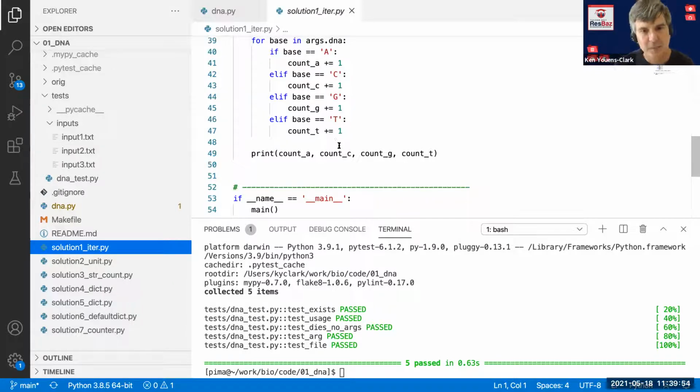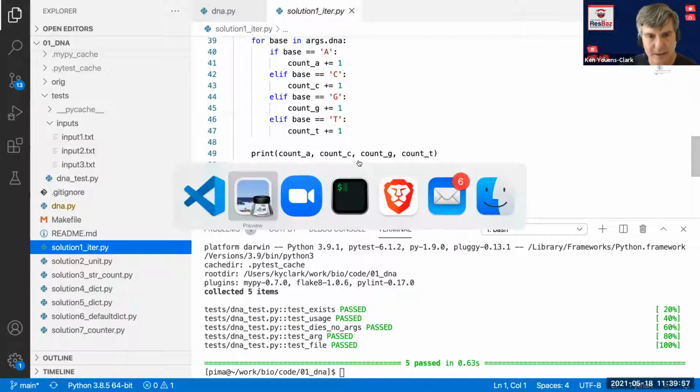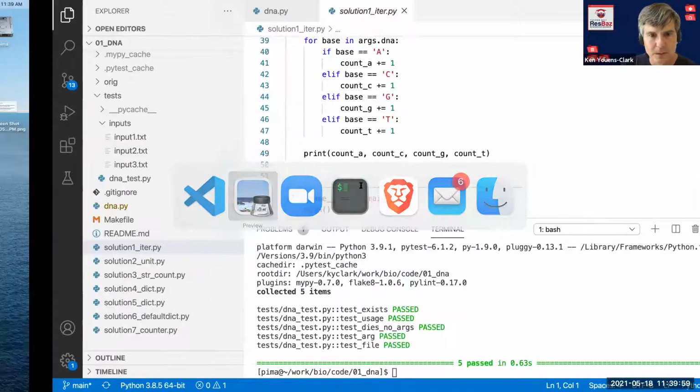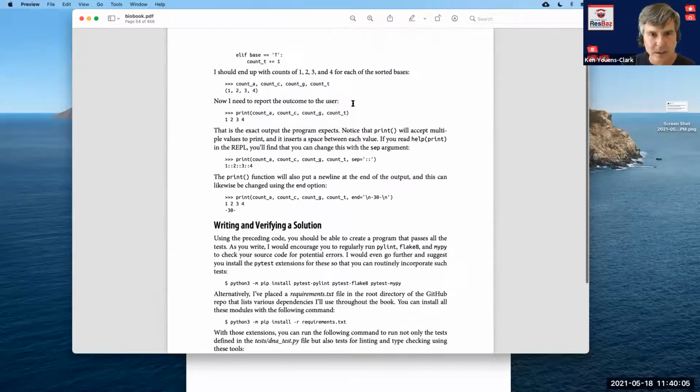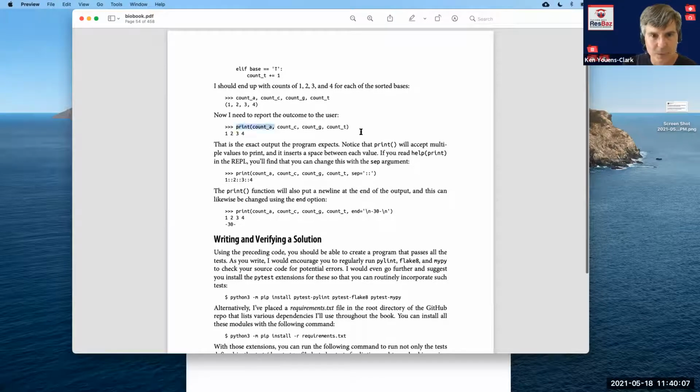Okay, so I'm gonna take this example and I'm gonna go back to the book for a moment. So we go through here. This is how, I point out, this is how I'm printing this version. I'm pointing out that this is controlled by this argument called sep. So if I wanted to put double colons in between them, I would just say sep equals double colon. So if you want to alter this behavior with print, this is how you do it. There's also an end variable. And so here you can put, -30 dash. I was on my high school newspaper, if you can't tell.